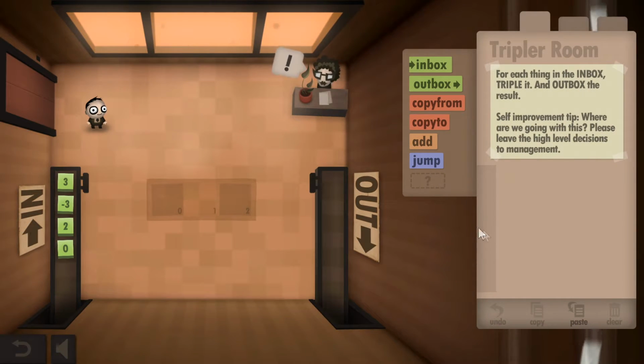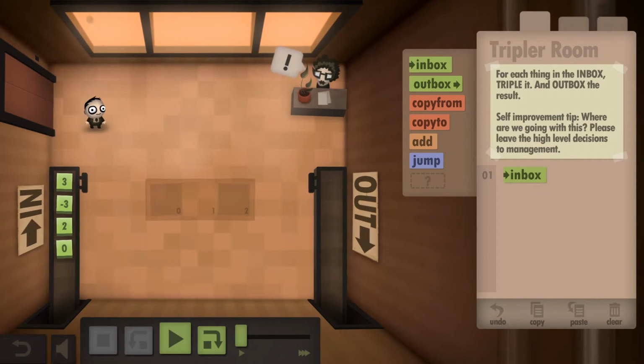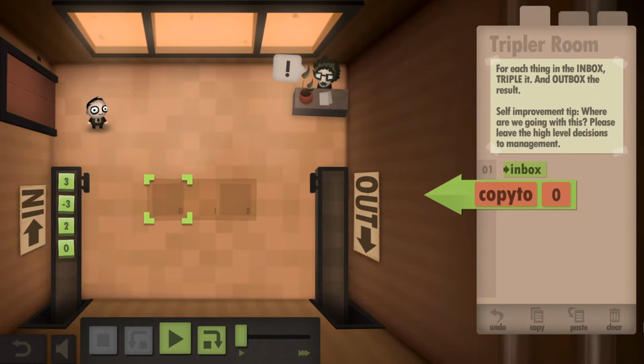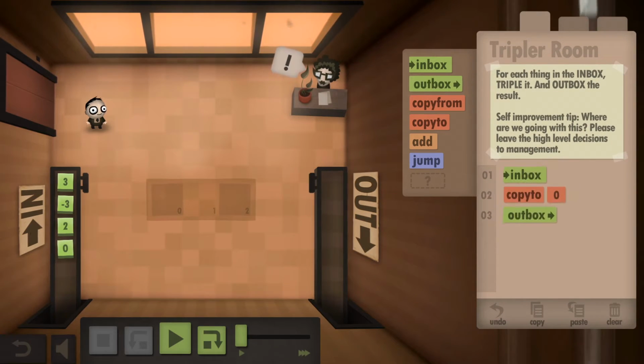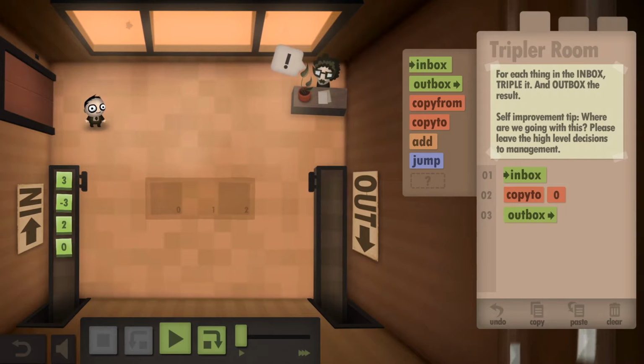Alright. So we need to triple the number. One thing I noticed in the earlier levels was that the number in memory stayed there even when we copied from it. So I think we should be able to go to the inbox, copy to slot 0, and then we should just be able to move to the outbox 3 times. But I know that they are now evaluating our performance, so I can actually